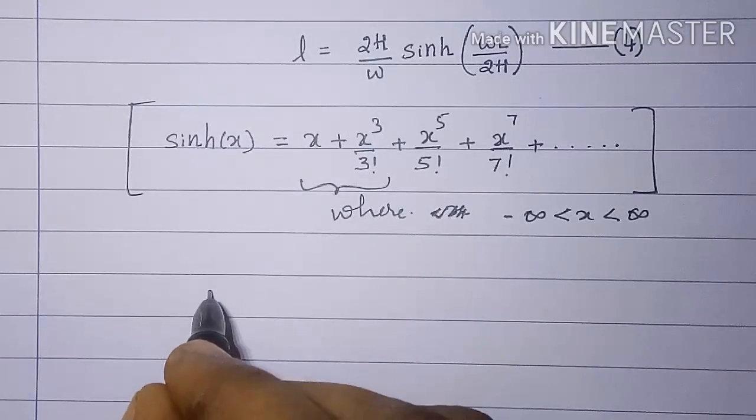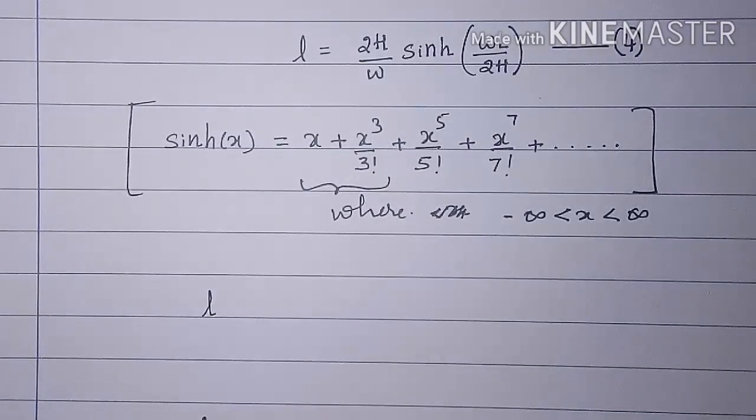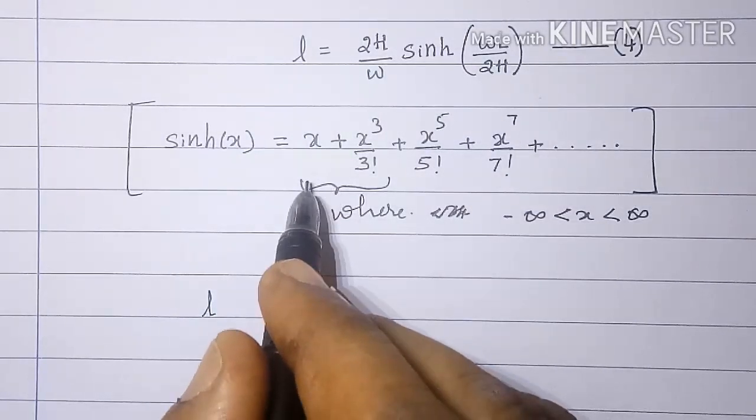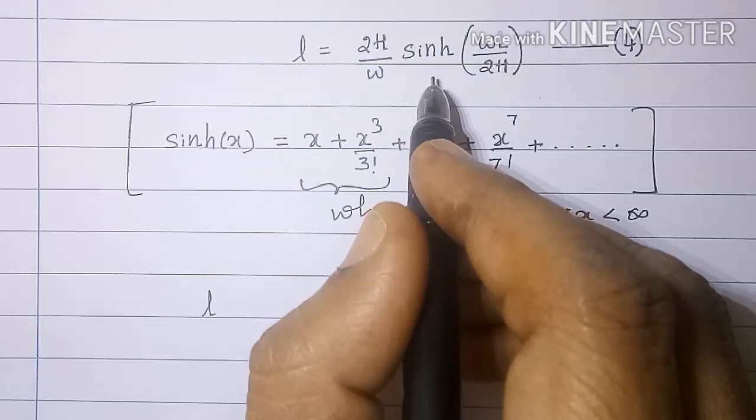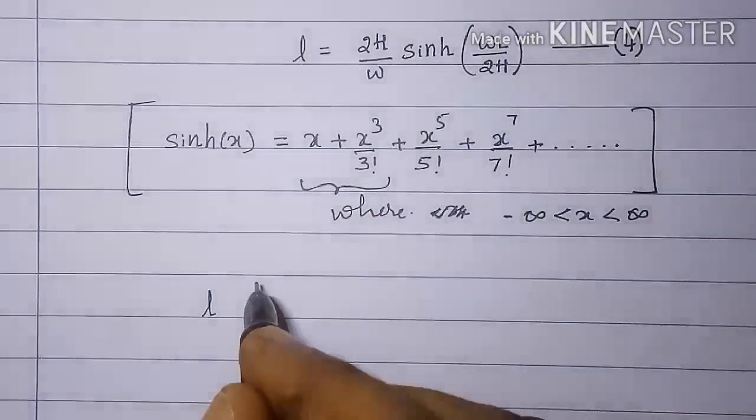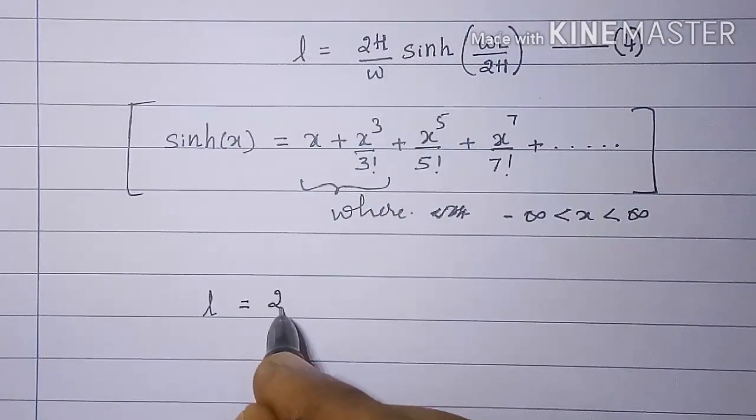So, using the first two terms in the sine hyperbolic function, we get L equal to